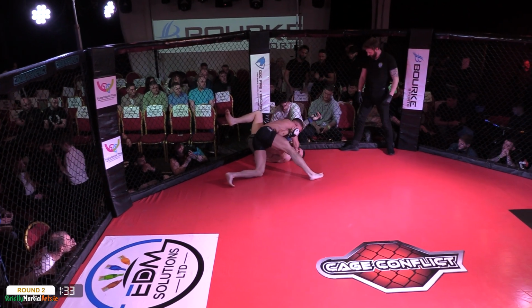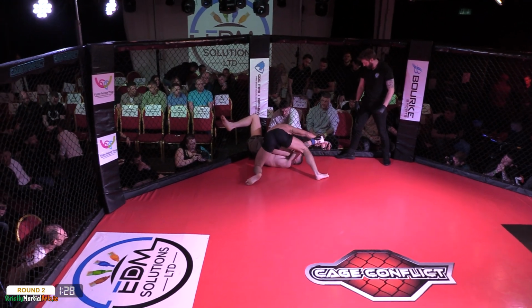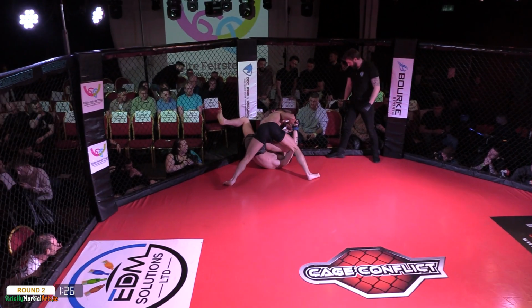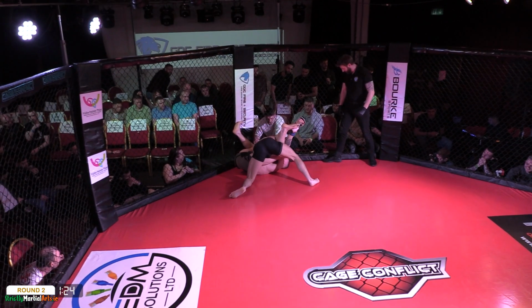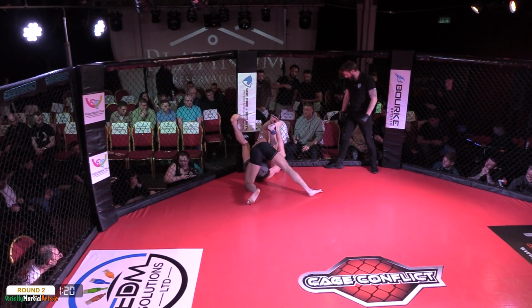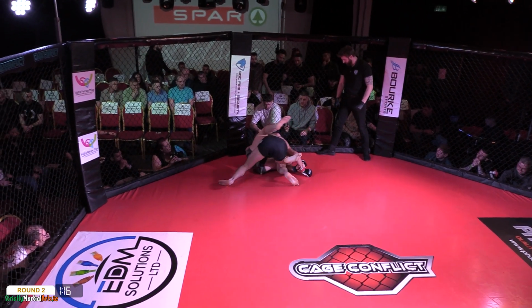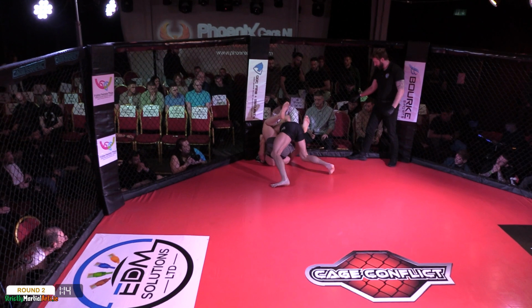The strikes of Munroe Kerr, I think, were the issue. They were putting him off and making him not want to underhook the leg. Big strikes from that for being in a triangle. That was lovely work. One way to escape a triangle, punch your way out. Probably not the most advisable way, but it works sometimes. Yeah. Are you allowed to do that in BJJ? In the streets, maybe, but